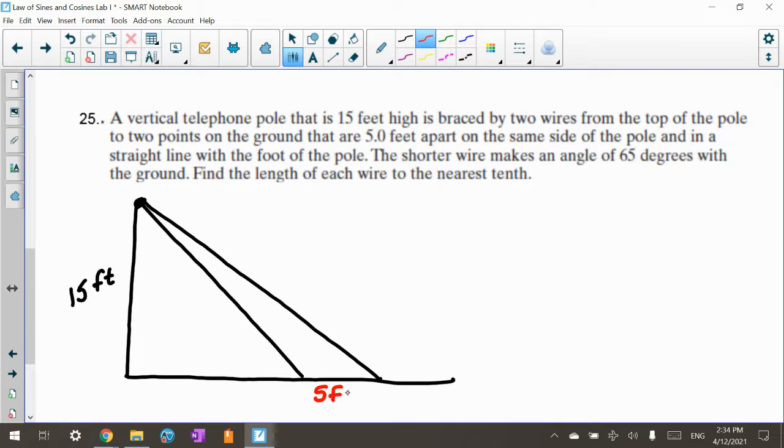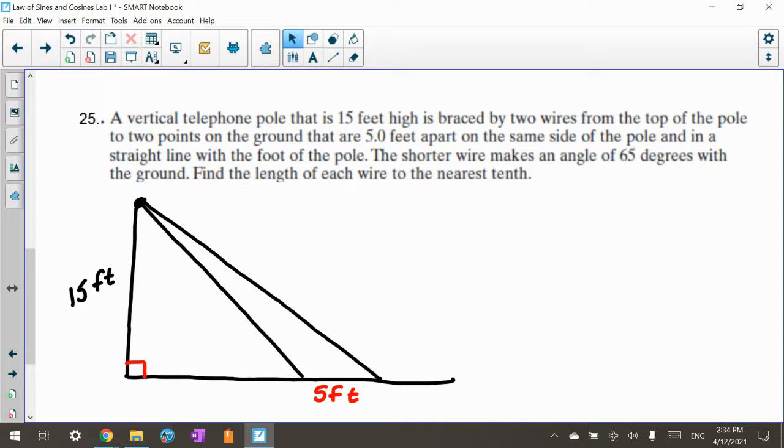So I'm going to put 5 feet because these two poles are 5 feet apart on the ground. Okay. Now, this is assumed to be a right triangle. I want you to recognize again that you have a great big triangle, a big right triangle, a small right triangle, and you have this little skinny triangle here as well. And they basically want you to find,